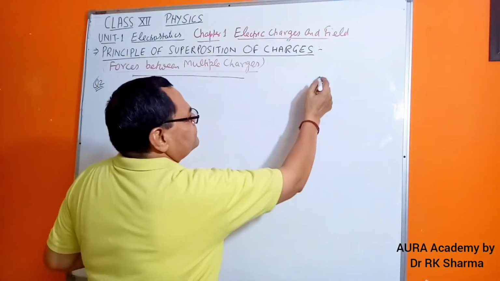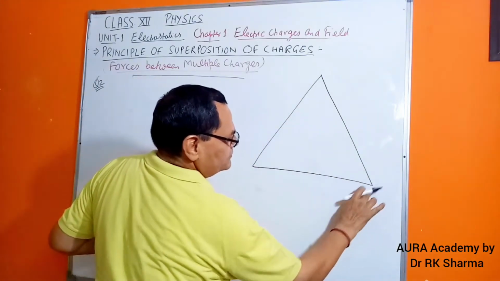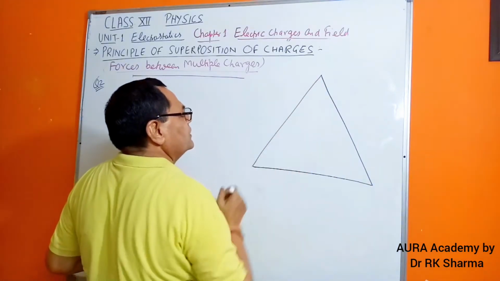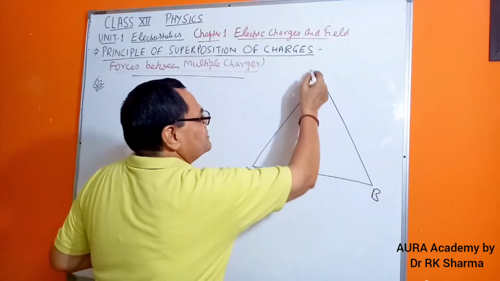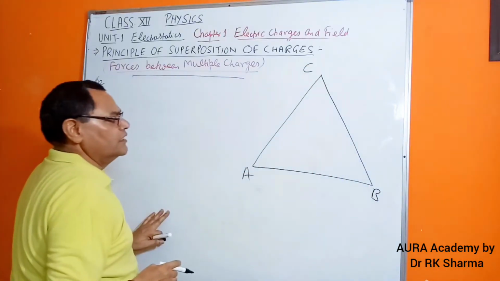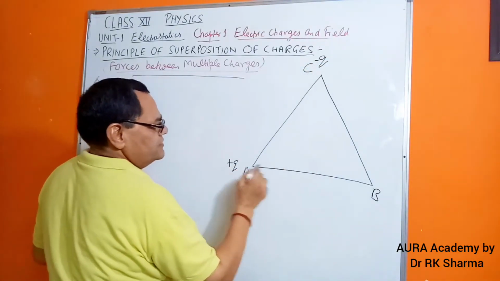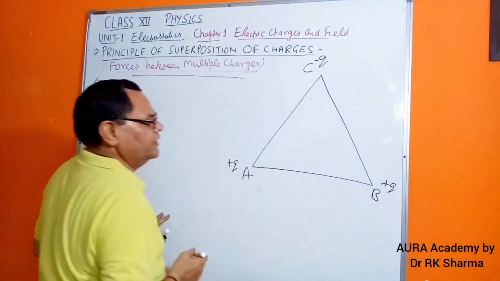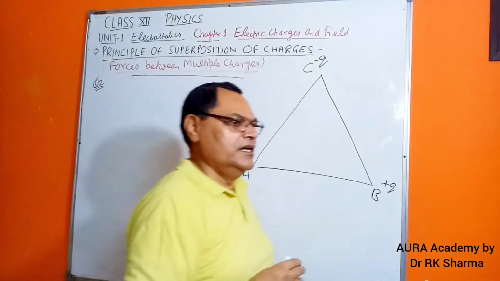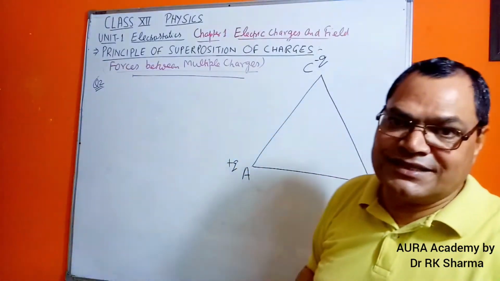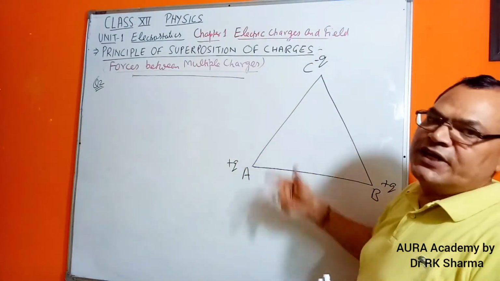Very interesting question. Let's say again an equilateral triangle. Whatever the material, it is a material ABC, right? This way. Clear? So let's say some minus q charge is here, some plus q charge is here, and some plus q charge is here, fine. And let us take a very simple question, but it will have a lot of logic and concepts application. Find the force at each point charge.